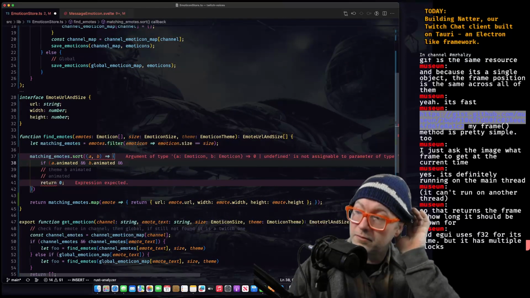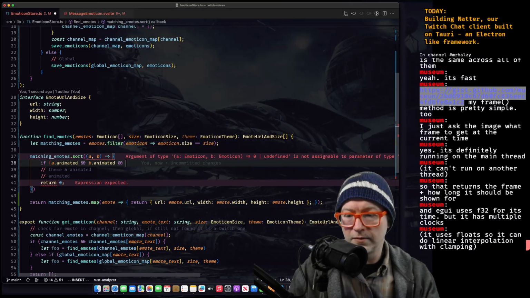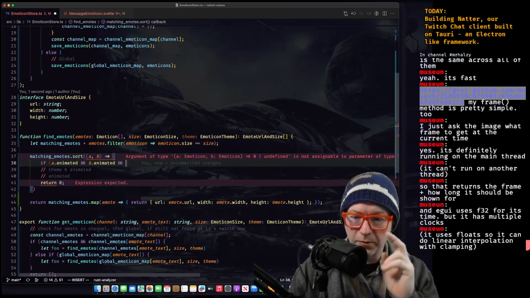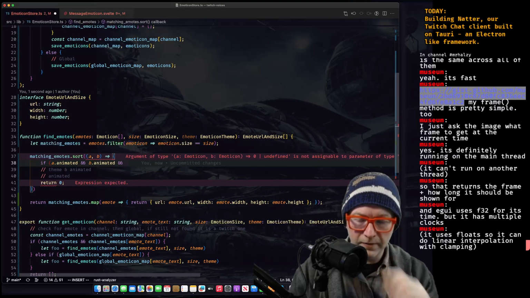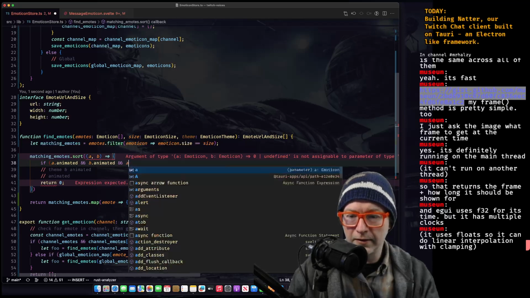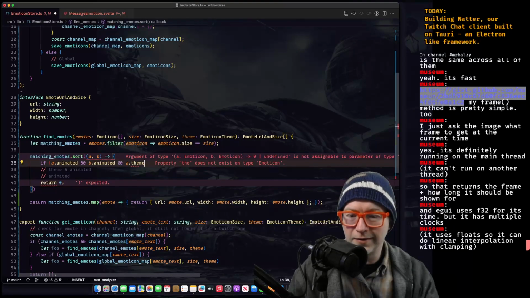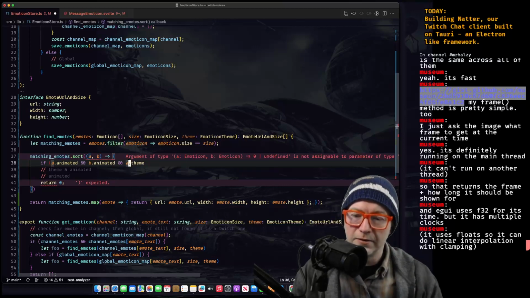So what do we do? Pairing against a theme. So if they're both animated and A dot theme, oh, question mark, it's optional.